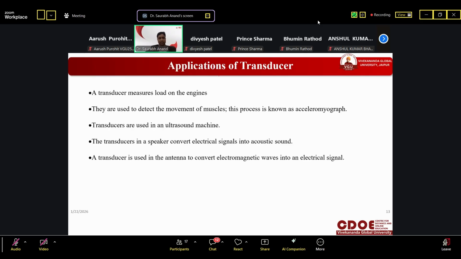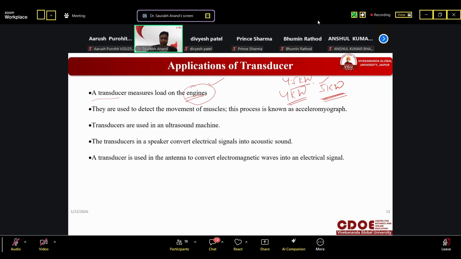You can think of it. Okay. So what are the applications? So as we have understood that transducers are firstly used to convert any form. So whenever we measure anything, right? So if you are having any engine, so what is the load on engine? Because if we use any engine like generator, for example, so generator is of, for example, 5 kilowatt or 4 kilowatt. 5 kilowatt is there actually. So we cannot give more than 4 kilowatt load or 4.5 maximum.